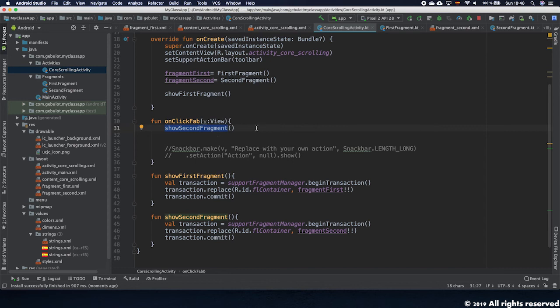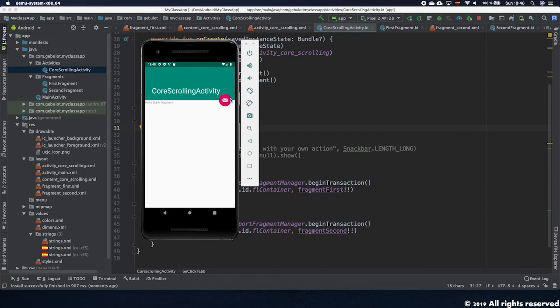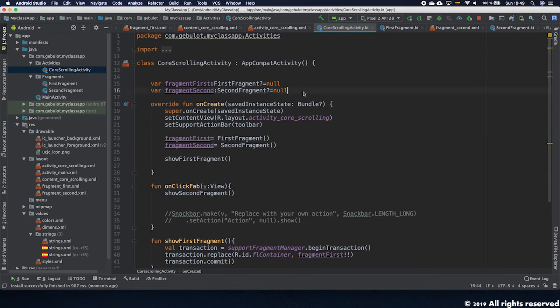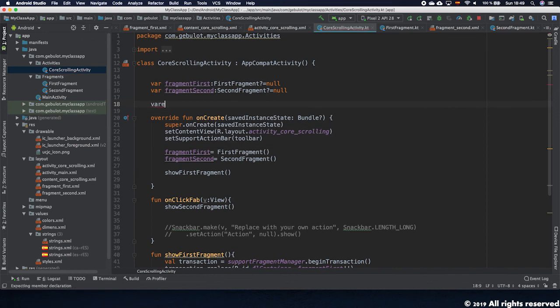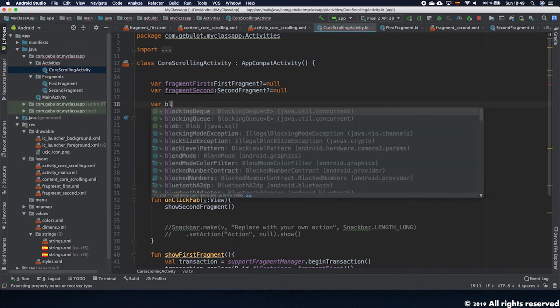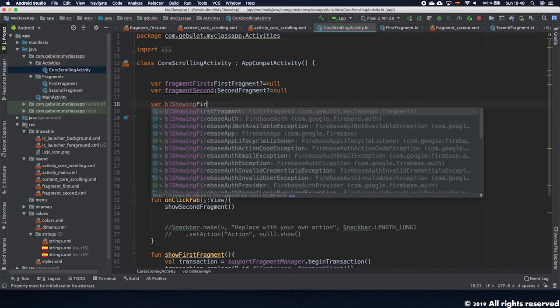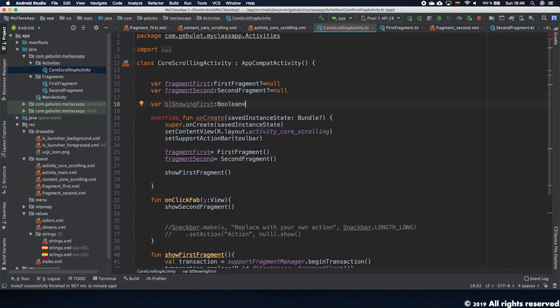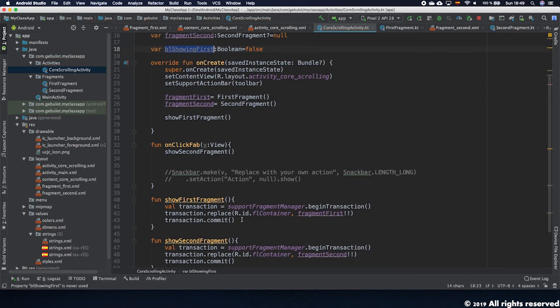I want it to change. Now I want each time I press the button, each time I press here, I want it to keep moving from one to the other. When it detects I'm the first one, change to the second. When I'm the second, change to the first. To do that, we have to add another variable, a Boolean variable, showing first, for example. A Boolean that tells me if it shows the first or the second, okay? Now it's false until we put here